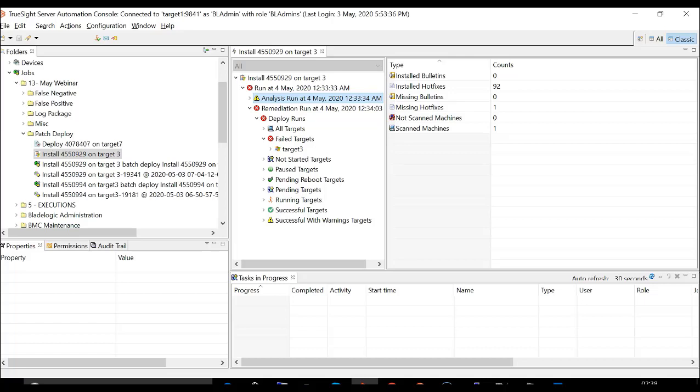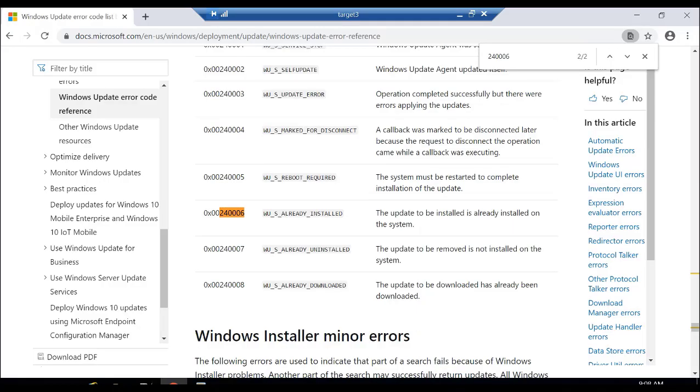And when the deploy job was trying to install this patch, the patch deployment failed because there was a pending reboot. Now, as I mentioned earlier in the patch analysis demo, there can be scenarios related to false positives that you identify during the patch deploy phase. Whenever you have executed an analysis successfully, and you're trying to deploy a patch, and the deployment fails, the very first thing we do in such scenarios is go to the target server and open the BL deploy log.